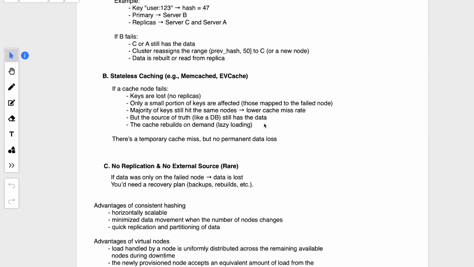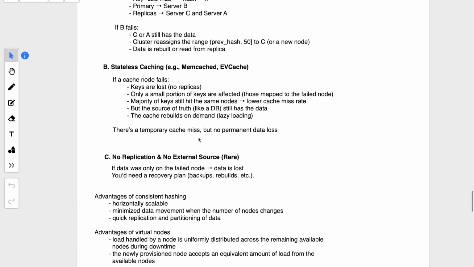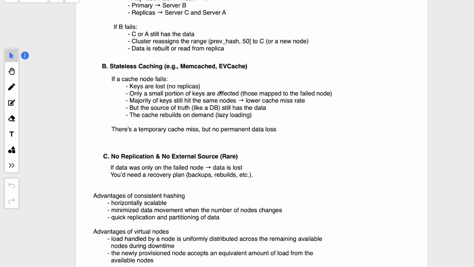It will get the fresh data. It will again cache it on some other server. So the redistributing will happen automatically. The cache will rebuild on its own, through lazy loading. Whenever the request comes, the keys will distribute automatically, and with this approach the cache will rebuild again. So similarly, when the server comes up, again the same thing will happen, because